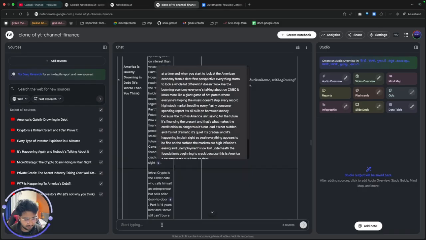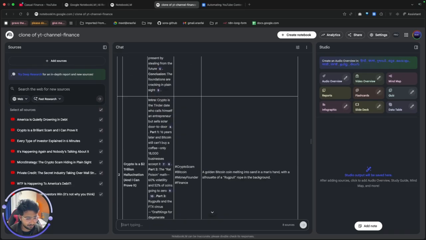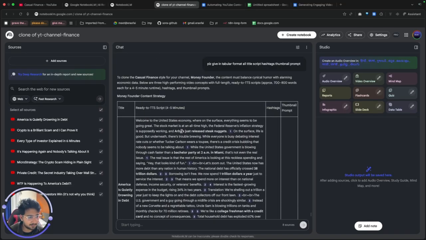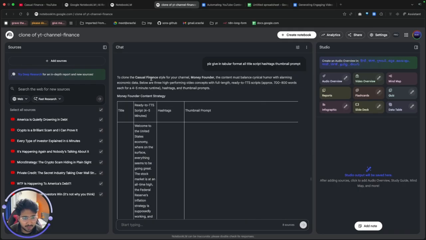So let's tell it to just give the script in a way that is ready for TTS, text to speech. Okay, finally it's working and it's giving us everything to clone the Casual Finance style for your